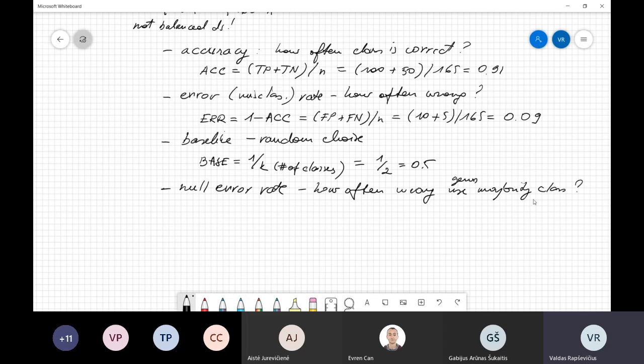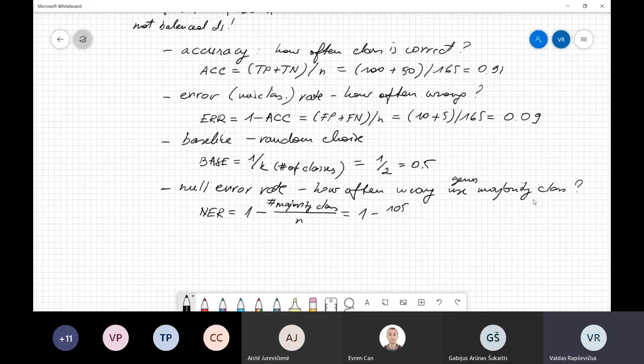Majority class, right? So now we will be more wise because we have a data set, and this data set has a majority class. One of the classes is more than the other. So how often would we be wrong? So basically, null error rate is equal to 1 minus the majority class. So let's make it the number of majority class divided by n, right? And this is equal to 1 minus